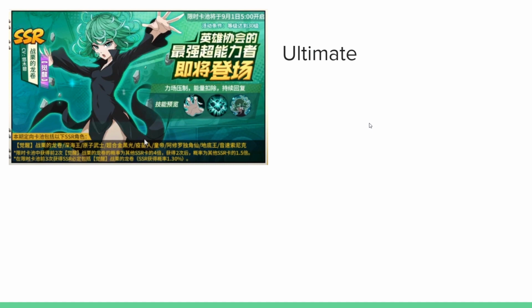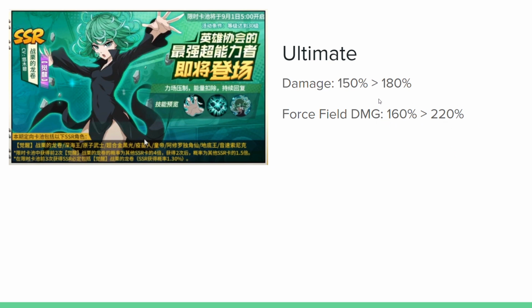So Awakened Tatsumaki, it deals 3 hits AoE to all enemies, 150% damage increased to 180%, and then also 100% chance to apply force field to all enemies. Yeah, so this is where the ultimate becomes insane. So 100% chance to inflict this force field to all enemies, and then the damage is increased from 160 to